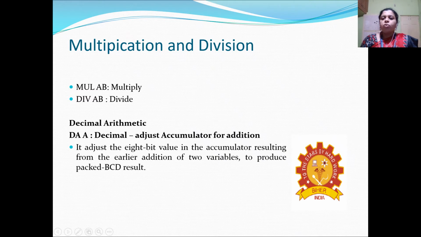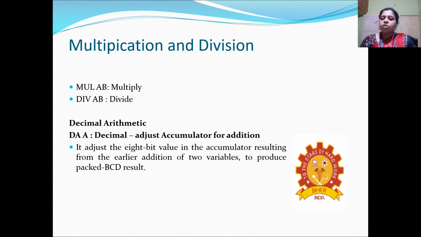We use this particular instruction when the operation involves BCD addition, that is binary coded decimal addition. In BCD, the allowed digits are only from 0 to 9. So when we are adding the two datas, if the lower nibble exceeds 9, you have to add 6 to it. The same case applies for the upper nibble also.